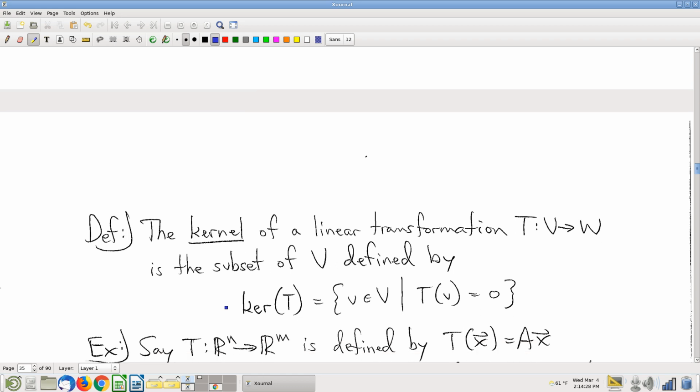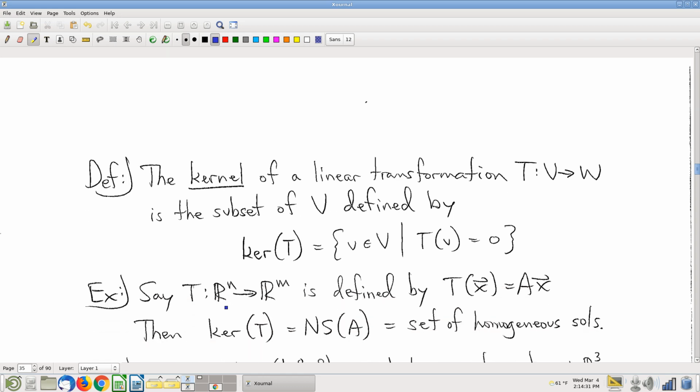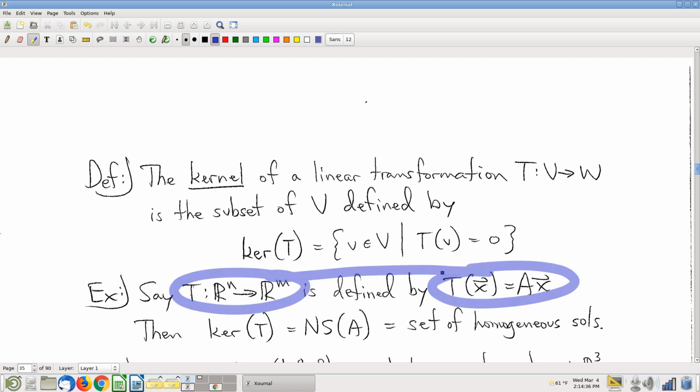Okay, now let me make an observation. For a huge category of linear transformations, namely our old friends from Chapter 1, when you interpret a matrix as a function, we recently realized that these are in fact linear transformations. By the way, a little foreshadowing, it turns out in a very broad category of cases, this is what linear transformations look like. Not always, of course. We've seen several counterexamples, all that differentiability business, for example. But for this very broad category of linear transformations,